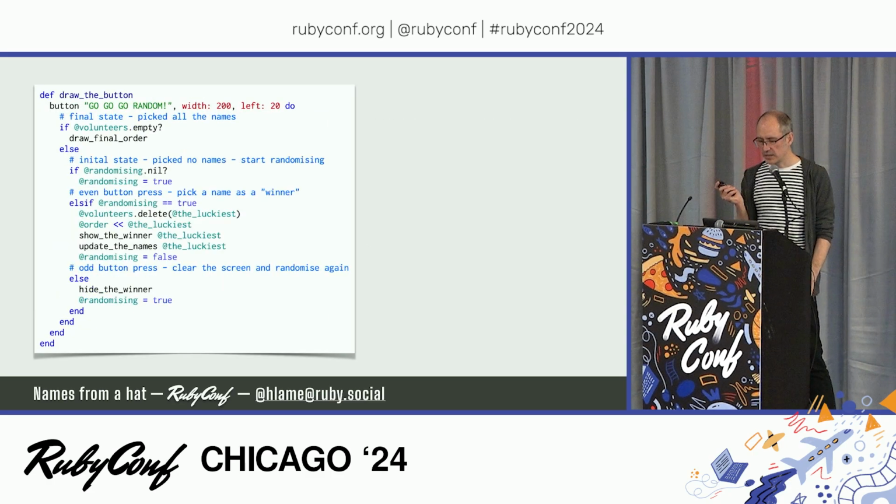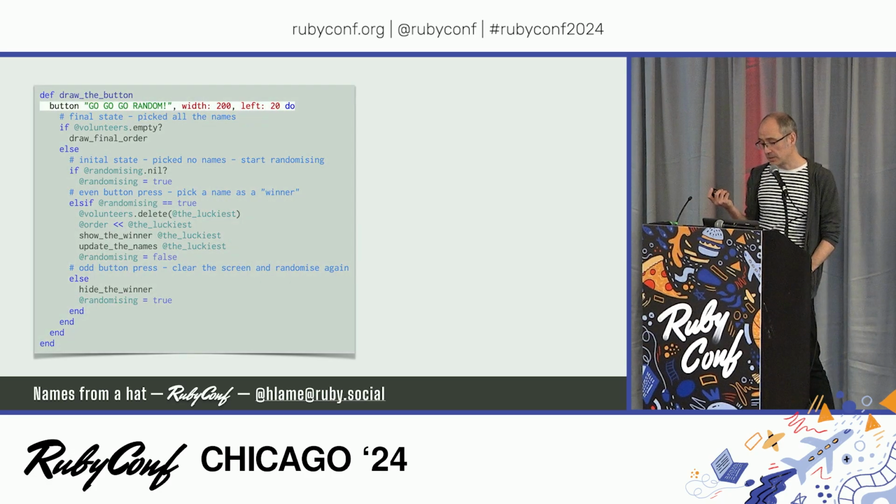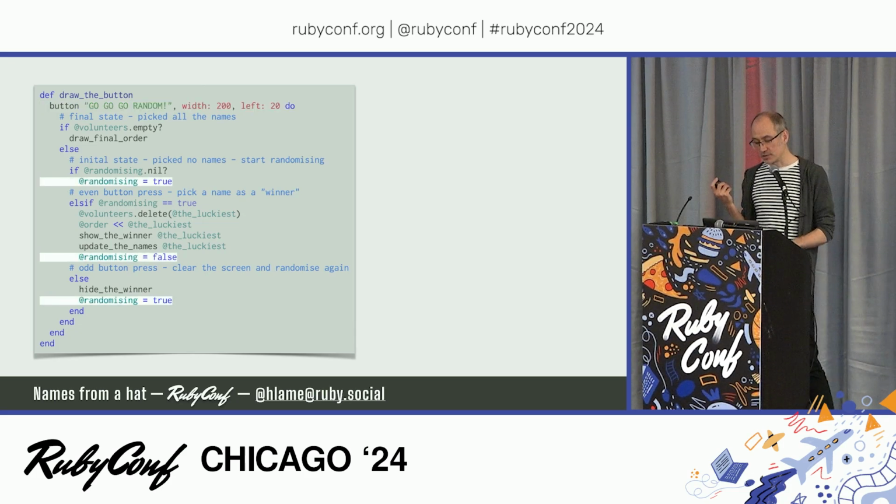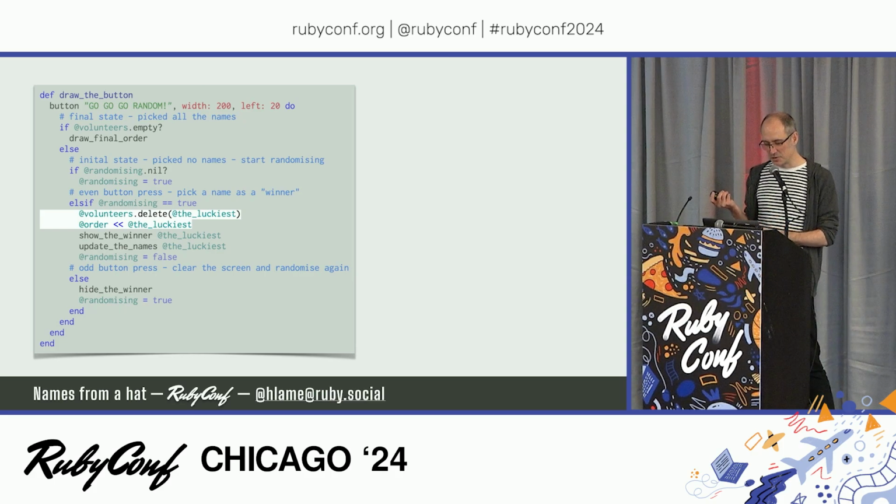I do want to show you how to add interactivity though, so here's the code for the button. We provide the button text and some styling attributes, and a block for the behavior that will be run when you press it. And this is where I think I've gone off the rails, or should I say shoes? Anyway, triggering the button should just toggle some state that other code reacts to, highlighted here where I'm setting the randomising flag. But I've also mixed in updating some internal data,